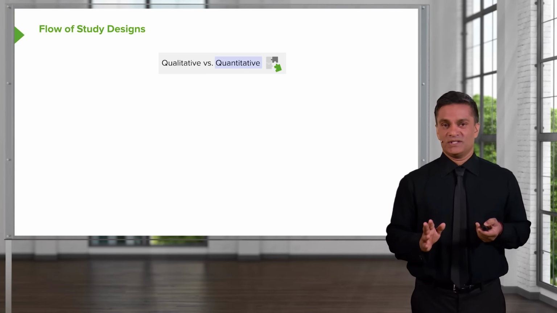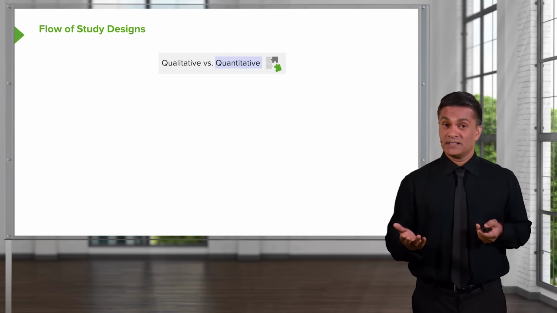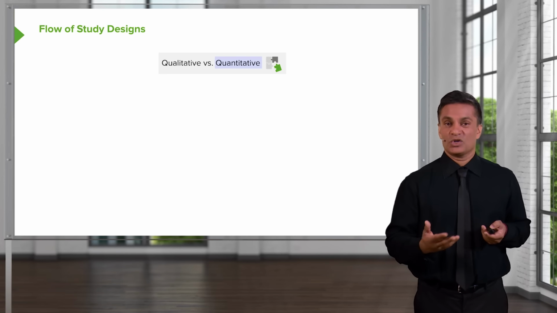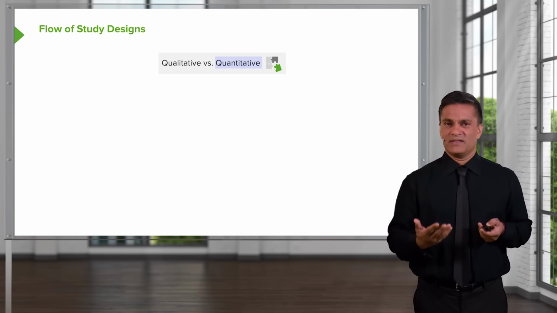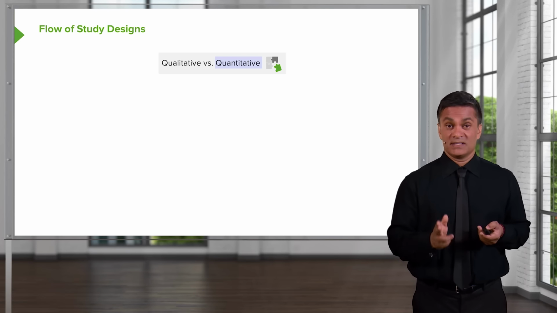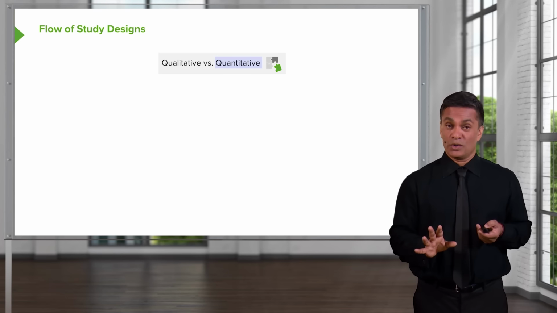In qualitative research, that's the world of social sciences, the world of political science, and sometimes health sciences. That's when we're dealing with descriptions that are qualitative, words, themes, things like that. Quantitative research is numbers, statistics, and that's where we're going to live. We're going to live in the world of quantitative research in epidemiology.